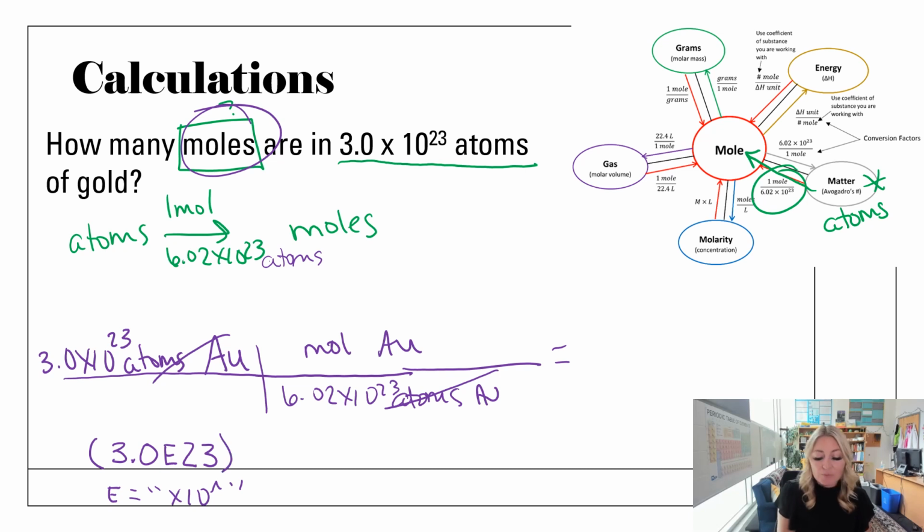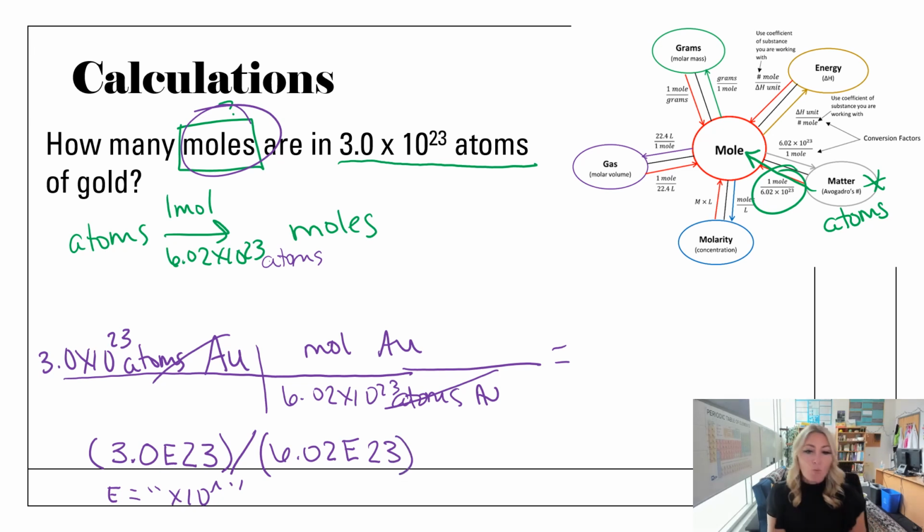And then you'll say, we don't say times 1 because that's just useless. And then we're going to divide by, and I'm going to use parentheses again. If I don't use parentheses, it's going to take 3.0 times 10 to the 23rd, and it's going to divide the exponent, 23, by the rest of the numbers. So I would over parenthesize if I were you, just to be on the safe side. So again, we're going to put this in with an E,